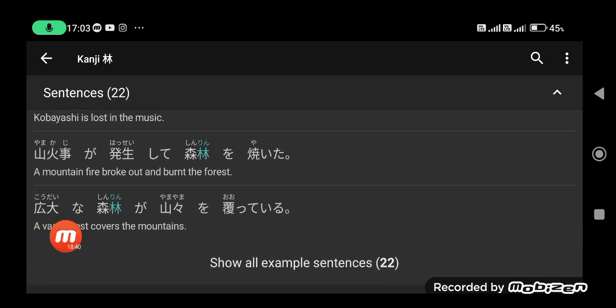Okay, so let's go to other sentences. This one is very much related to the recent event in California, USA. A mountain fire broke out and burned the forest, just like the recent events in California. Yamakaji ga hassei shite shinrin wo yaita. Yaita is being burned. 山火事が発生して森林を焼いた。